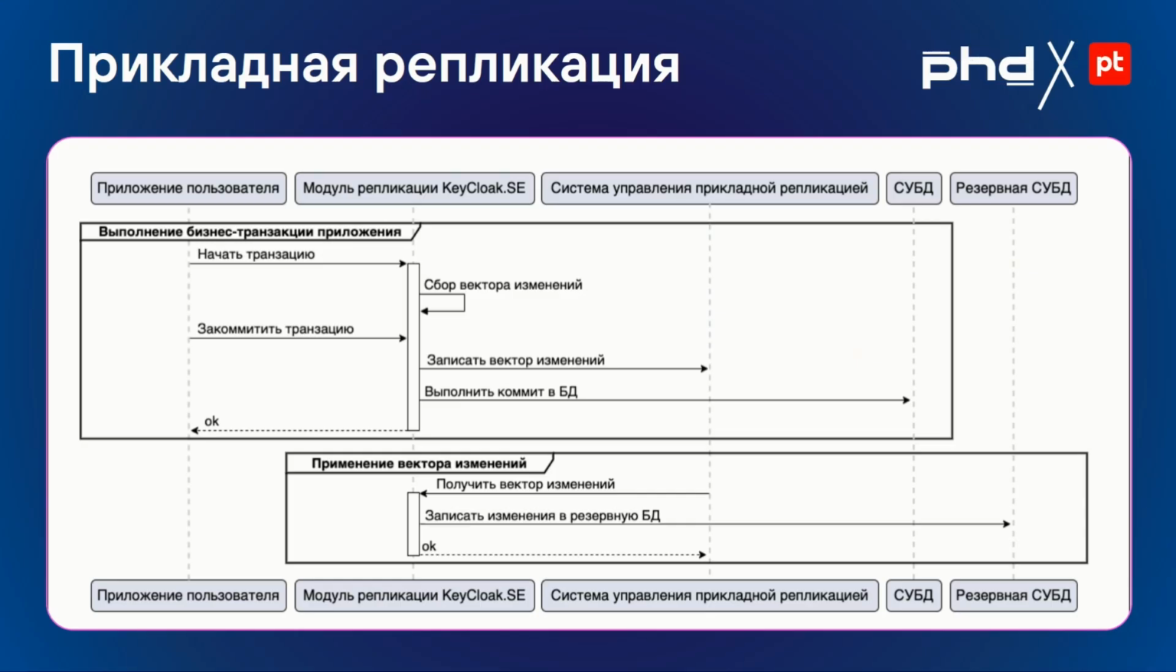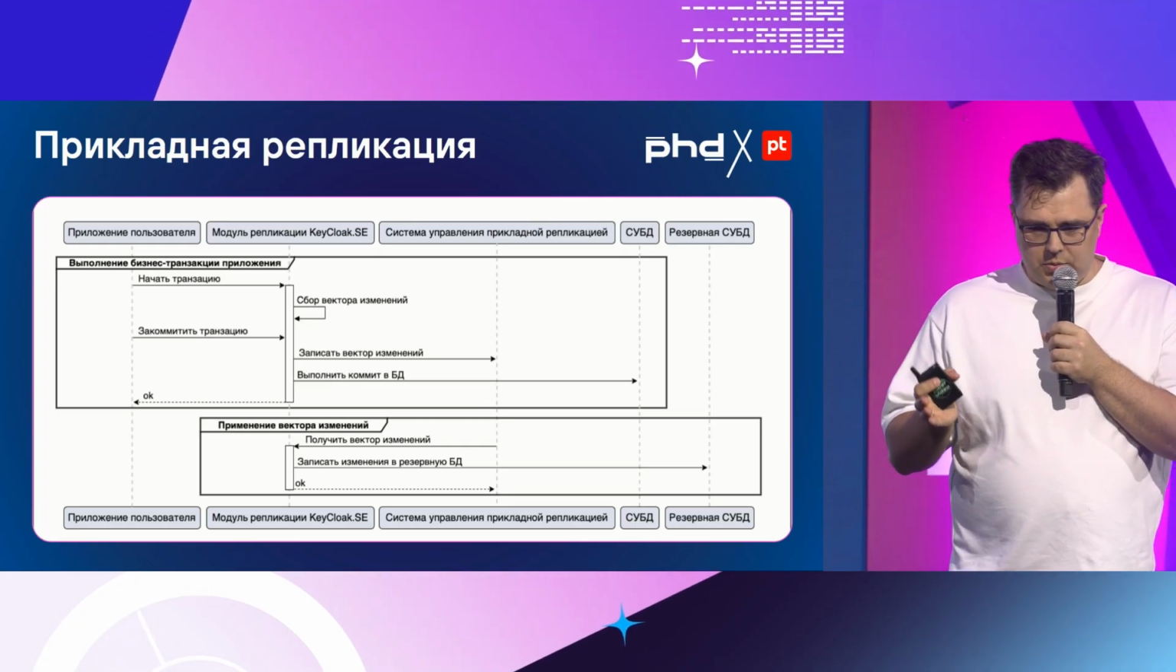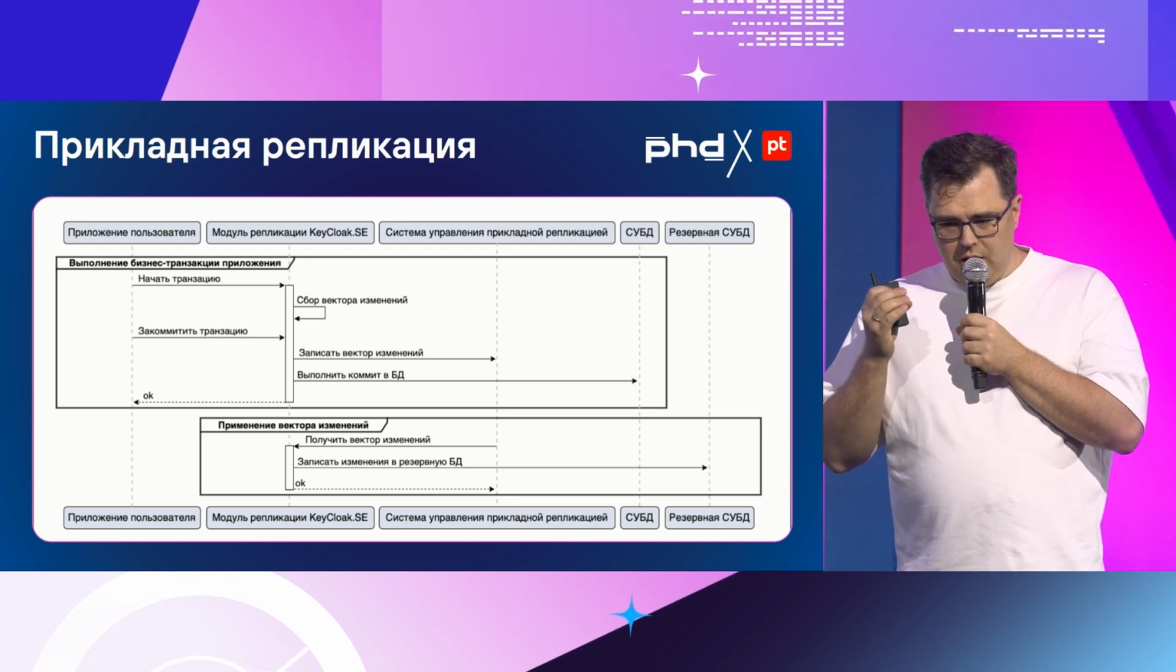How does this application-level replication look physically? We put together vectors of changes that we send to the database, the inserts and updates, and we save them up to the level of lines. We send it to the system of